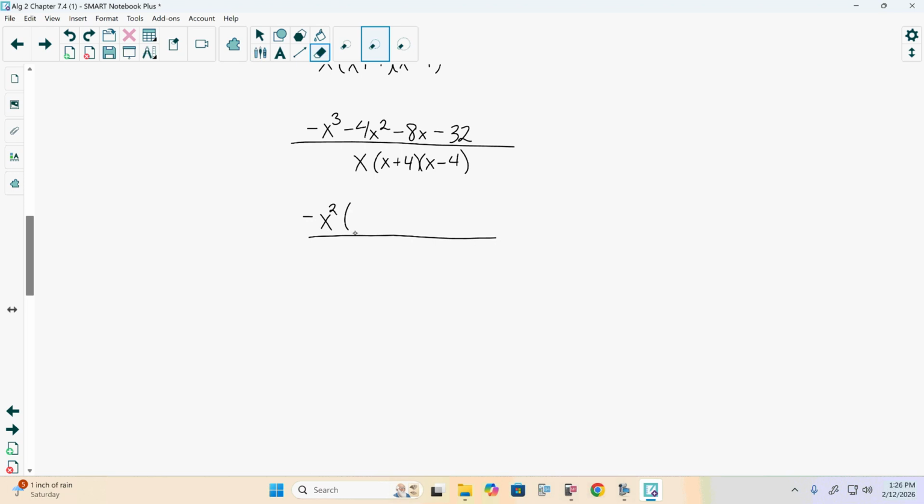Now it seems odd I'm doing negative and not positive. But if I factor that negative x squared out of negative x cubed, we get positive x. Negative x squared out of negative 4x squared, we get plus 4. Now I'm going to factor negative 8 out of negative 8x minus 32. So it would give me x